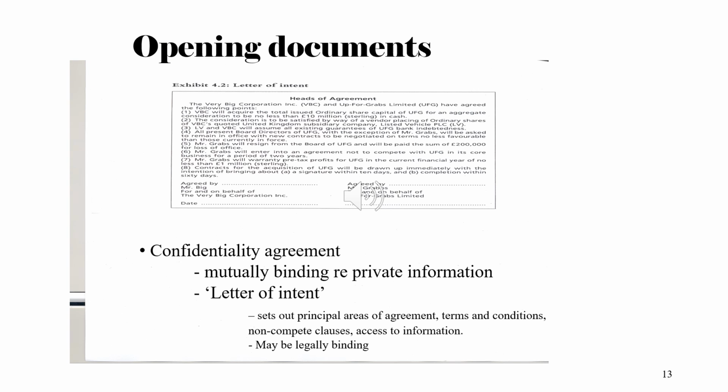So right at the beginning of a due diligence, you're often going to have some sort of agreement with the target company, the CEO, to make sure that you can actually work together for a limited period of time with a certain amount of security about information that may be gained as a result of your due diligence exercise. And here we call it either a letter of intent or heads of agreement. You might have a slightly different name for it.